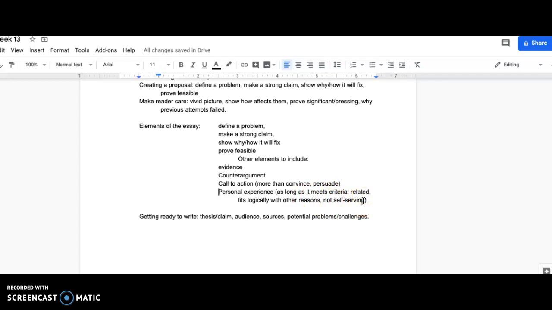So you can talk about your personal experience if you're arguing something for study abroad. You can definitely argue your personal experience for sure, because that's making it a vivid picture, right? Because you have that personal experience. It's really appealing to your reader because you can get concrete and specific. But if you're only saying that your program should have changes, or that yours was most significantly impacted, or any way that it's self-serving, that it's really only there to help you, you're proposing it to help yourself, not so much a larger group, then it can become problematic.